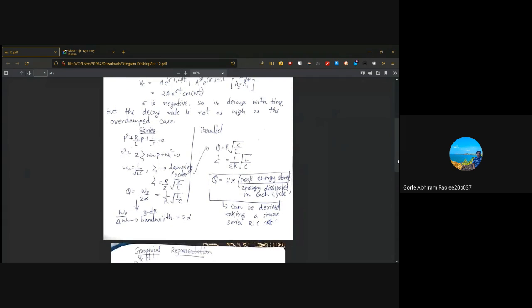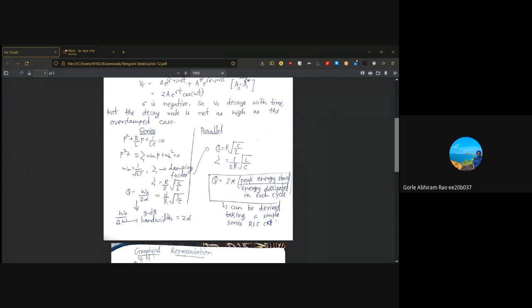Now, if we move on and look at a few other things for our second order circuits, if you have a series circuit, this was our characteristic equation. So this 1 by root LC can be written as omega n square. Here omega n is our resonant frequency. Similarly, the coefficient of the s term, that is R by L, can be written as 2 into the damping factor. The damping factor in the series case is R by 2 into root C by L. So if you write this equation as s square plus 2 into sigma into omega n into s plus omega n square, this sigma is our damping factor.